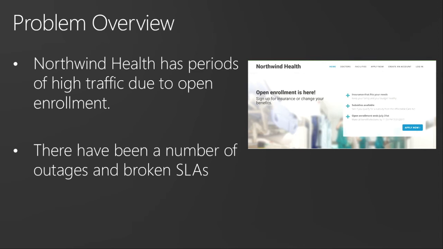Now, the way it works here in the US with our healthcare insurance is that usually there's a period called open enrollment. During open enrollment, you get a lot of demand. You just flood the system. Everyone's signing up. Remember the Affordable Healthcare app. All the demand comes in, it crashed. But this wasn't that. It wasn't the Affordable Healthcare team or anything like that, but it's a similar scenario. It's the scenario where this load comes in during open enrollment. It's usually a month long.